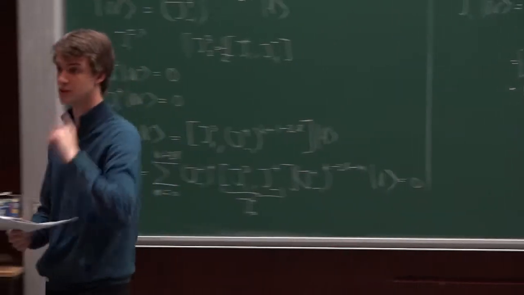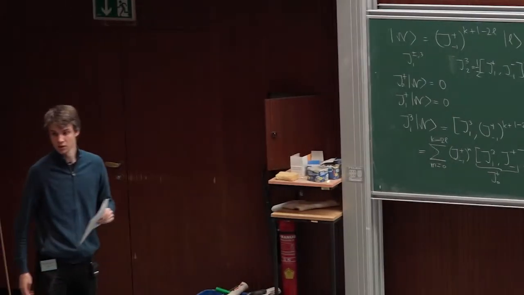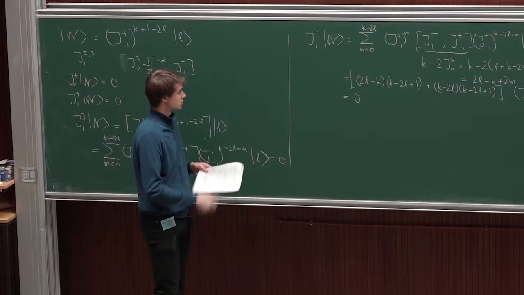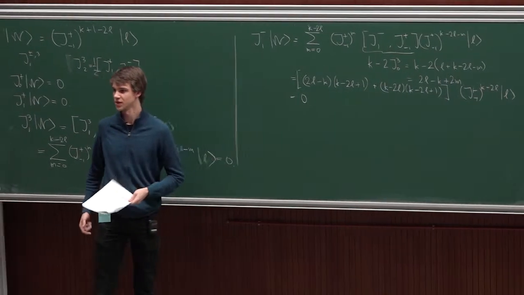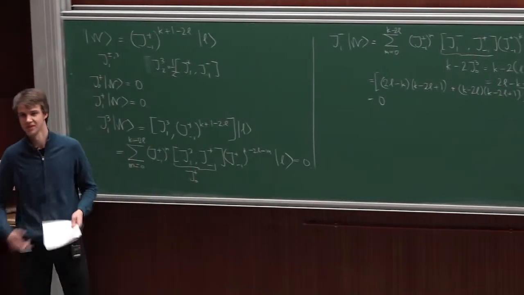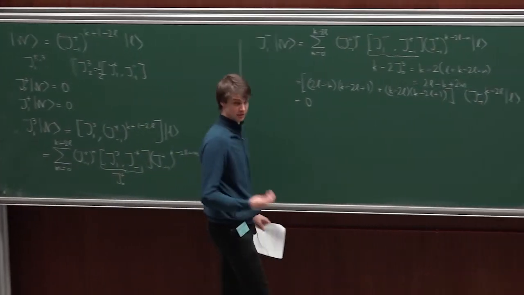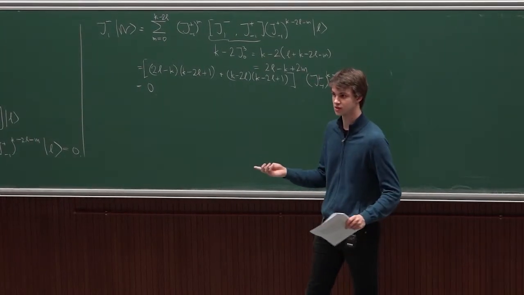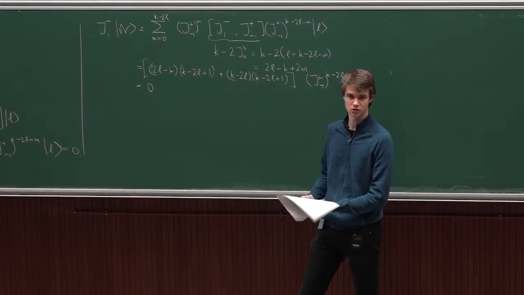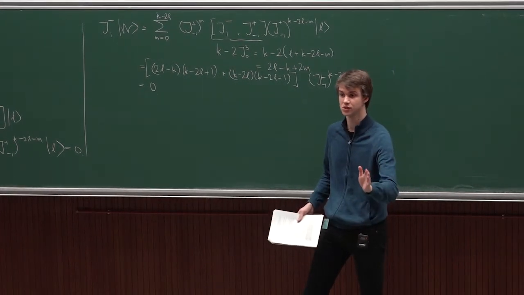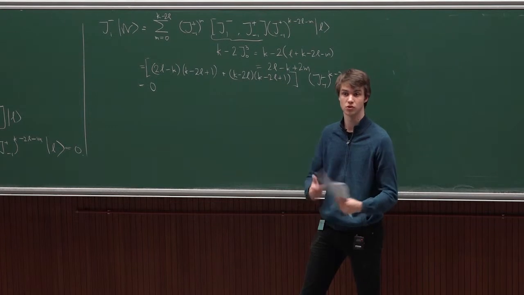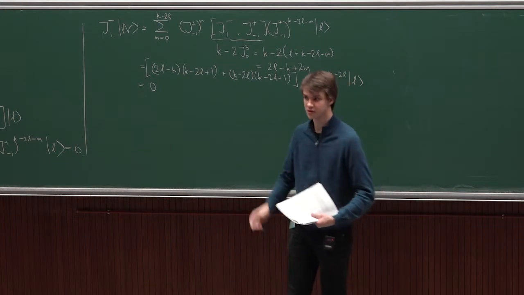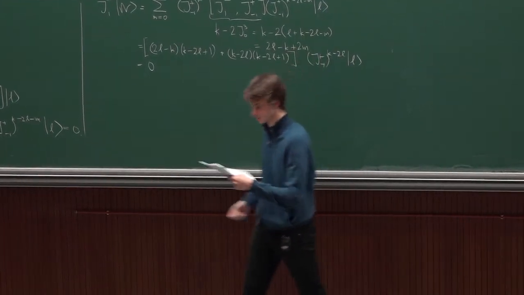Okay, so now, yes. Yes, I will come to this in just a second. Yes, good. So now you might say, okay, why do you care that you have this null vector or you don't have this null vector? Just some other representation. But in the context of unitary CFTs, you should care. And also, if you don't like unitary CFTs, also you should care, because Sylvain told you that every time you have a null vector, that's good, because this will restrict your fusion rules, and potentially you have the chance that this will end up with a rational CFT. So if you have a null vector, just go for it and try to put it in your theory.